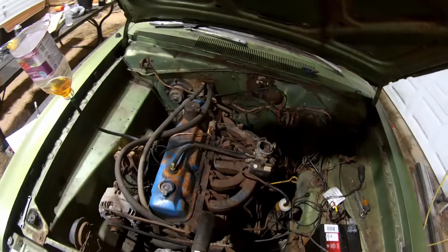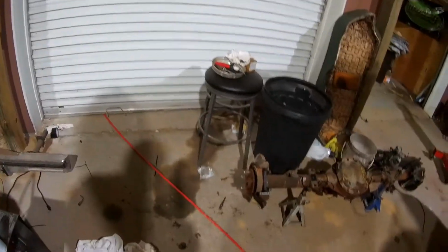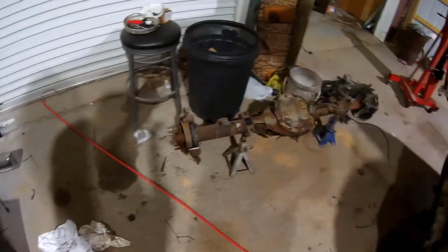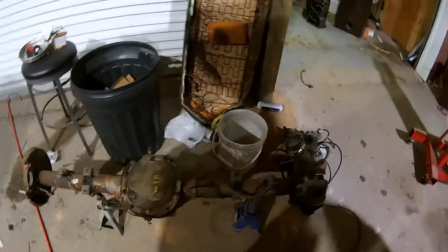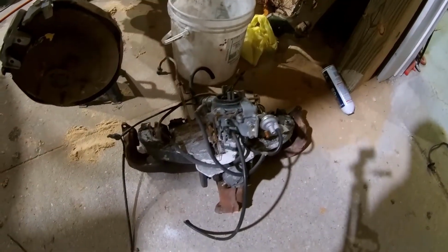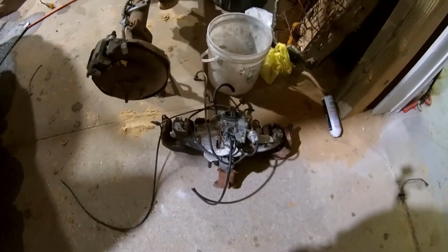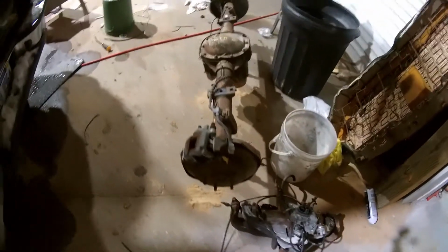So I'll show you some of the new parts that I got for this car. I actually made out pretty cheap on this. I've only got a couple $100 into both of these. Let me get to a spot. Here's the other intake carb setup. It's off of a newer model Slant 6, which I'm not going to be able to use anyways, but this